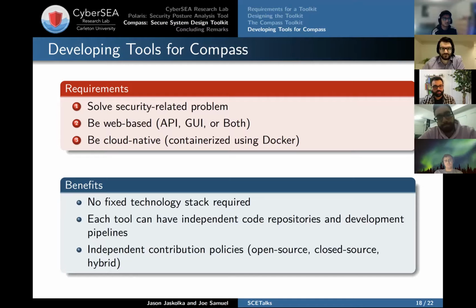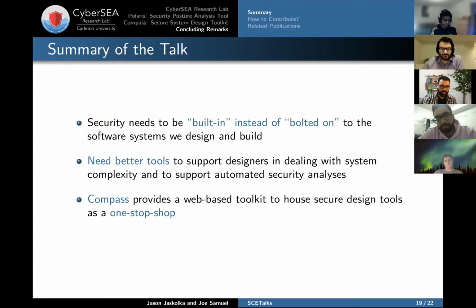And it needs to be developed in a cloud-native way, which is another way of saying it needs to be containerized so that we can standardize the process of deployment, ensure that it's healthy and it's having as much uptime as we can give it. And right now we support Docker, but maybe in the future, the other technologies could be supported as well. So with that said, I'll hand it over to Professor Jason to summarize the talk.